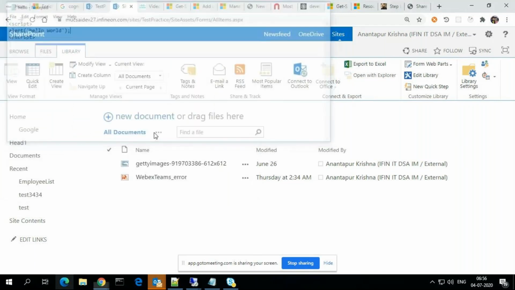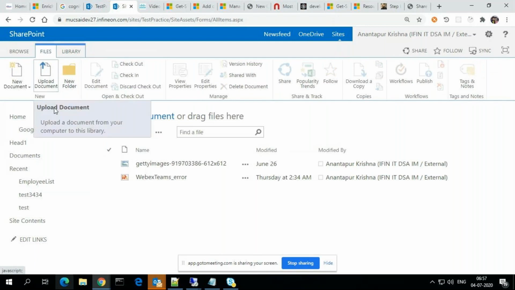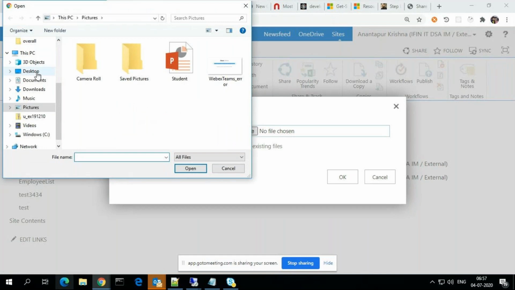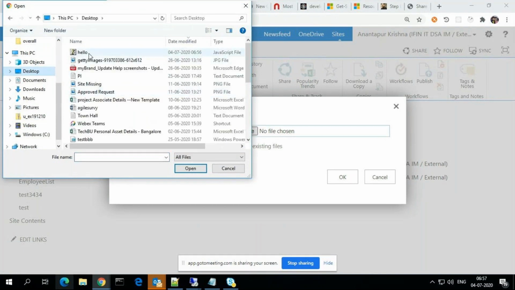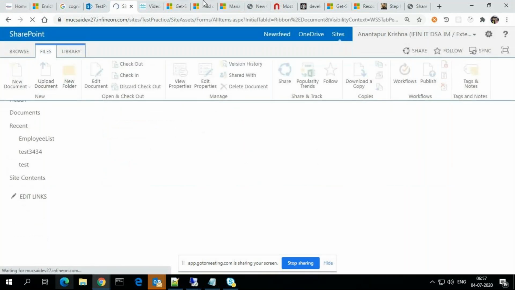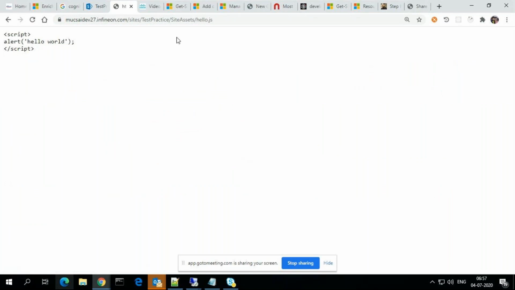Then I'm coming here and uploading the same file. Go to upload document, click on this hello JavaScript, click OK. So the script is added here. If you click on it, the script is there.